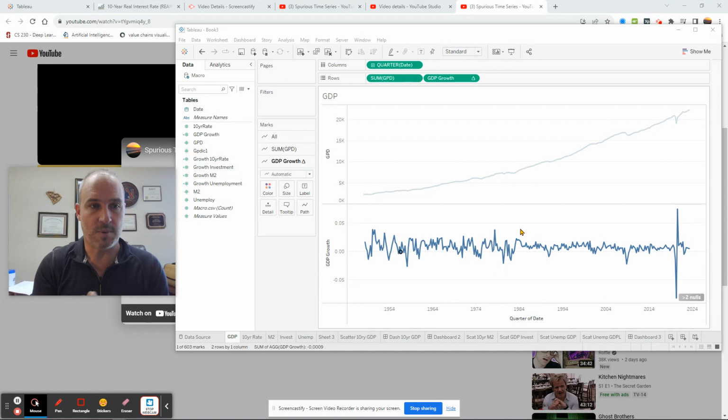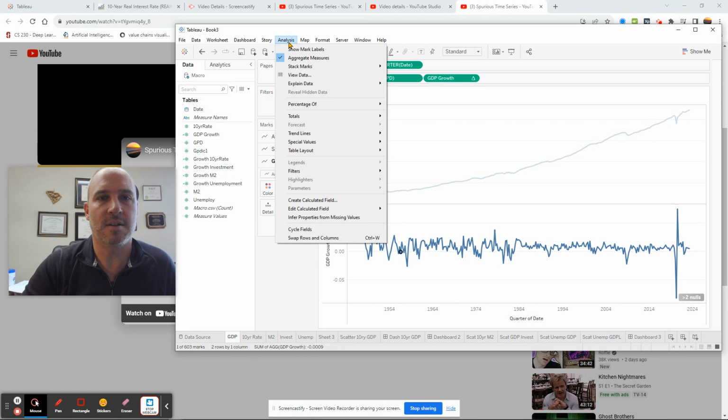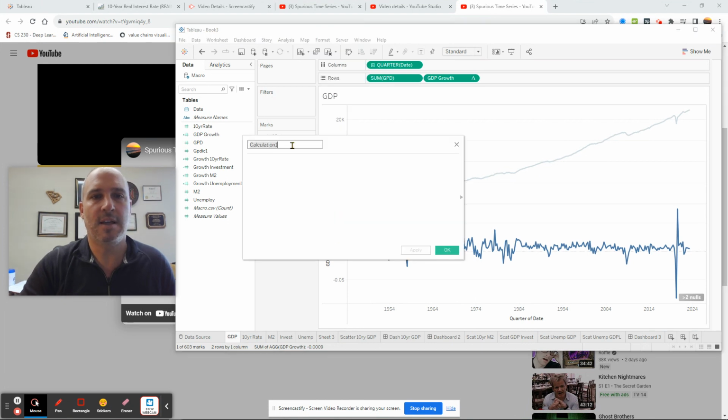Okay, so really quickly, how to do calculated fields and get some of these growth calculations that you need. So first off, you're just going to go to Analysis and go to Create Calculated Field, and we're just going to call this growth of M2. Actually, I already did M2, but I'll give it an M2A because I've already created growth of M2 right there. But just to show you again how it's done, we're going to take the natural log, that's ln. I'm going to put this equation